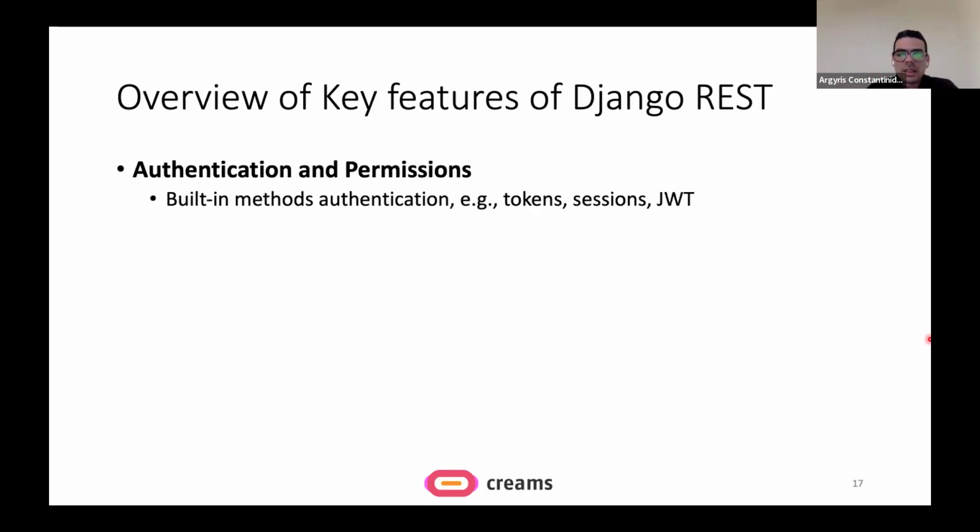Other components that are very powerful inside Django REST framework include authentication and authorization. There are built-in authentication mechanisms like tokens or sessions or JSON Web Token.